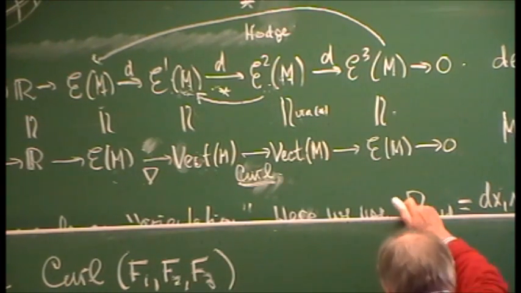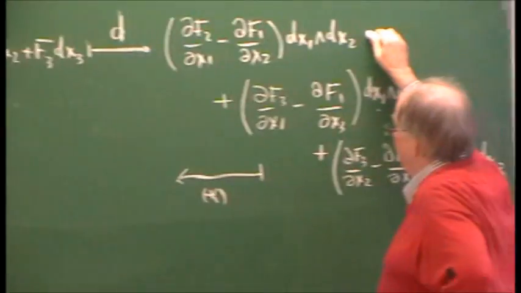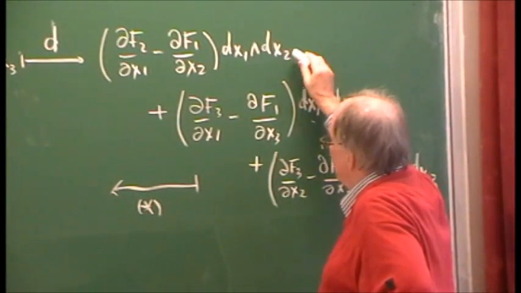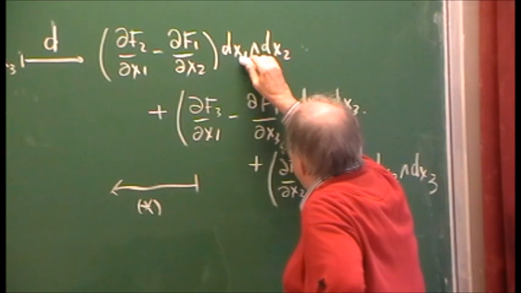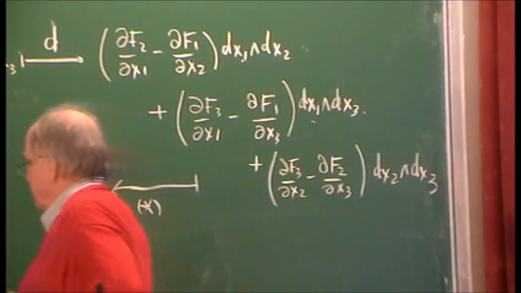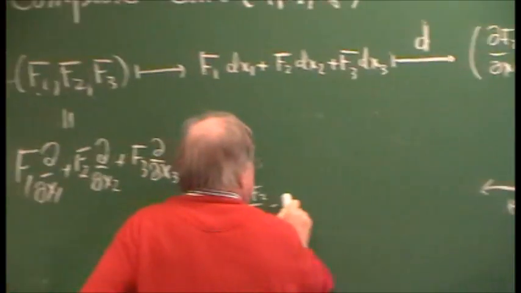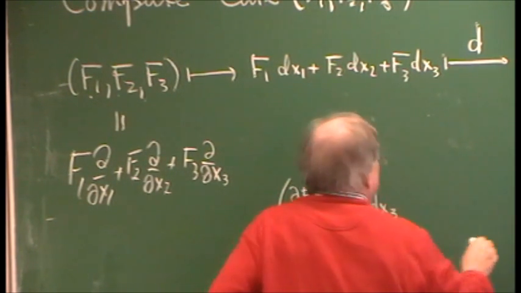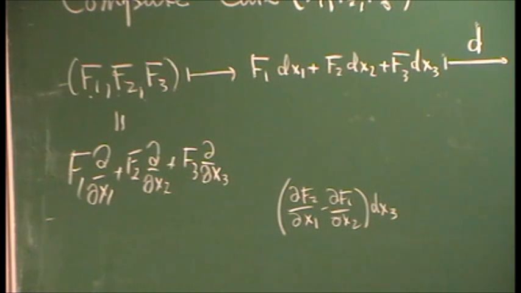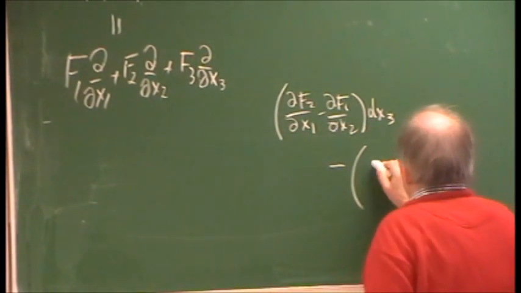Now we've applied D, and now I have to tell you what to go back to. Remember what you do. You have to go back and use the orientation. So this will get the 1 form with dx3 here, and will be plus, because dx1, dx2, dx3 is the right order. So let me write it like that. That's df2 dx1 minus df1 dx2 dx3. That's what I get here. Here, the missing thing is dx2, but I have to put it in the middle, so it's going to get a minus sign. Minus df3